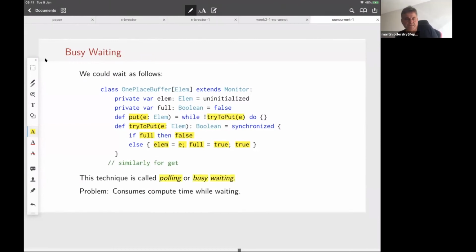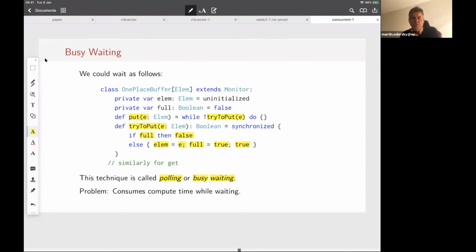And it has a problem, and that is it consumes compute time while waiting. The buffer might stay full, let's say, for a long time. And that means that the producer thread would essentially go around this very tight loop millions of times to just say, well, is it empty yet? Is it empty? Can I put something in there now? Can I put something in there now? And so on. And of course, that's wasted effort and wasted CPU cycles and wasted energy.